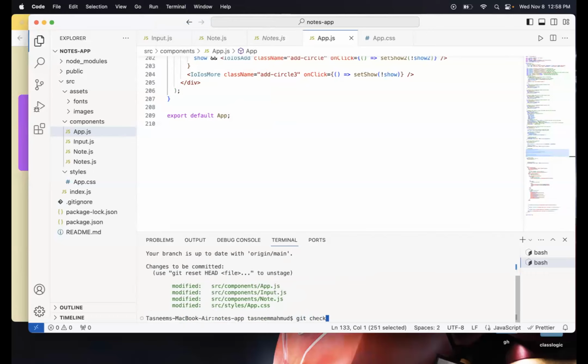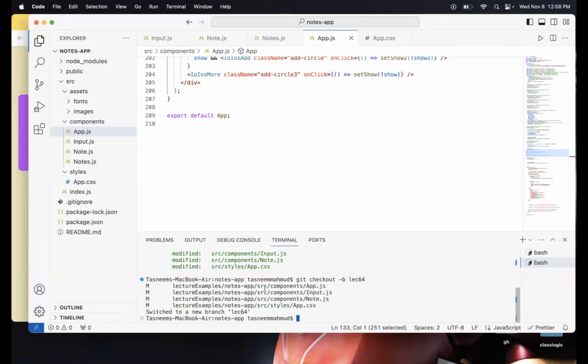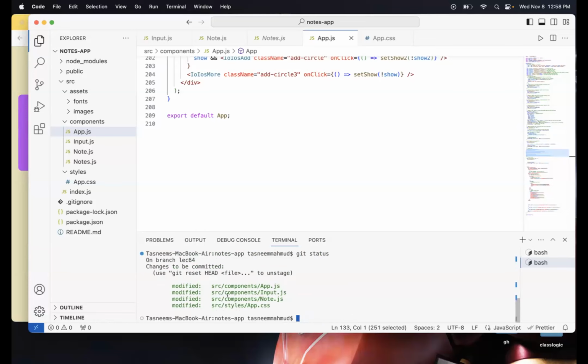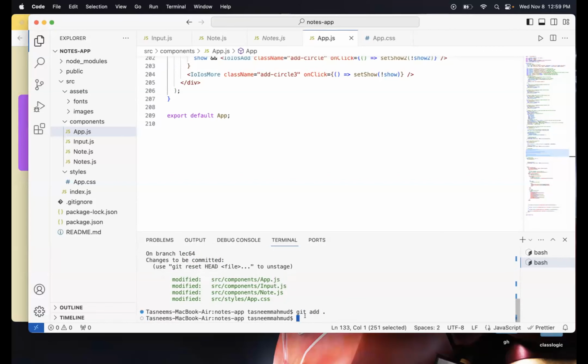Git checkout -b, and over here, let me write lecture 64. So let me check git status now. Okay, so do I git add again? I don't think I need to do git add again. It's already added. But just for the sake of it, then I'm going to do a git commit.